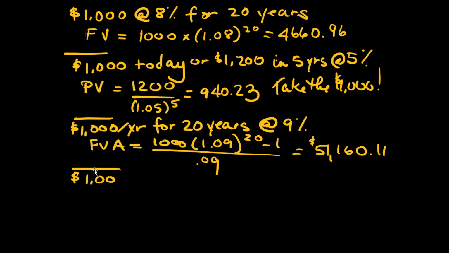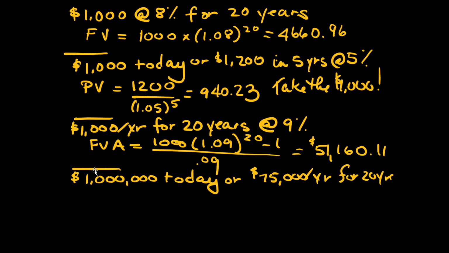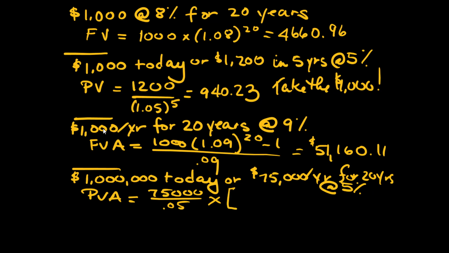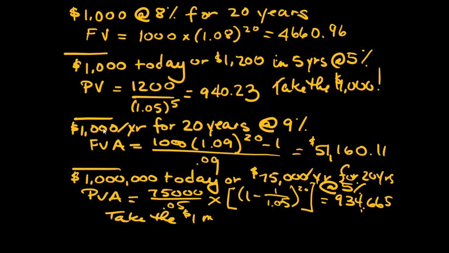Now imagine that you have just received a sizable inheritance with the following choice. One, you could take a lump sum of $1 million today, or two, you could receive $75,000 per year for the next 20 years. And the interest rate would be 5%. So if we use the present value of an annuity formula, we would find that 75,000 divided by 0.05 times 1 minus 1 over 1 plus 0.05 raised to the 20th power would give us the present value of an annuity of